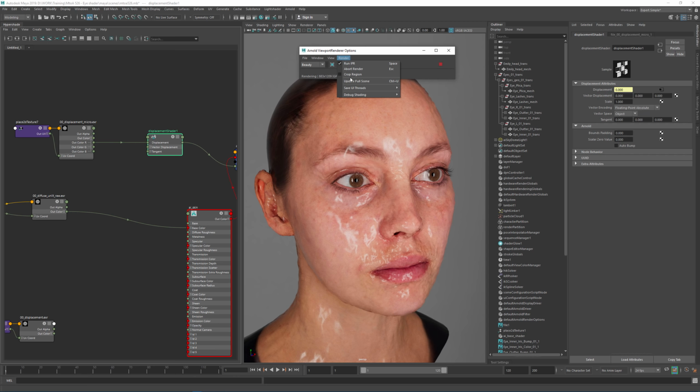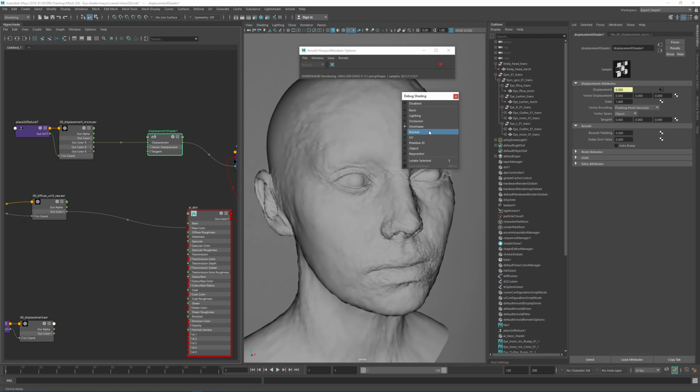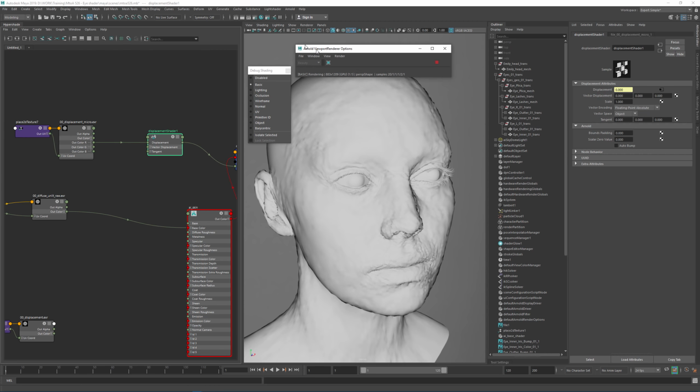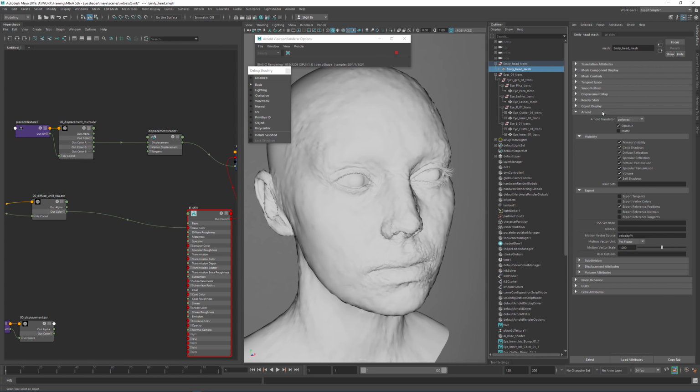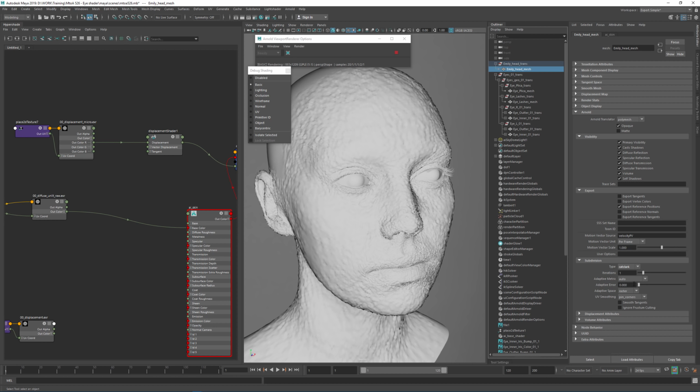If I view my debug shading again and I visualize the wireframe, I guess it's not supported actually, but you can see it's very low res. So what we can do is just increase our subdivisions on the head geometry under the Arnold tab, subdivision, make sure the type is set to Catmull-Clark, and then we can specify the iterations, and also we can specify edge length. So if you have a really high edge length, let's say 50,